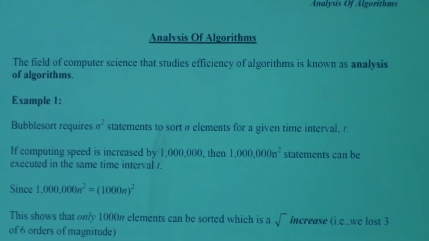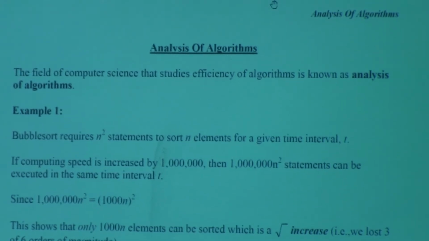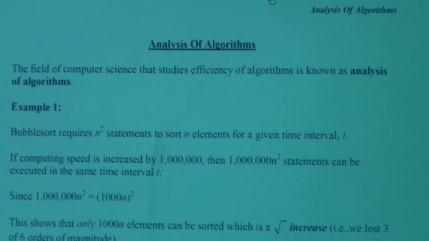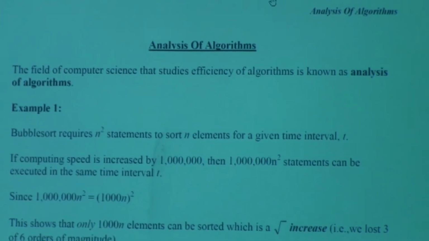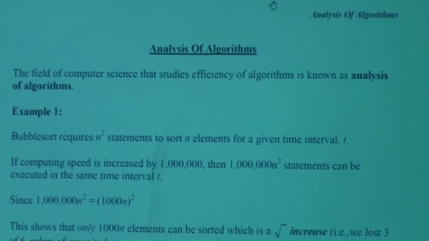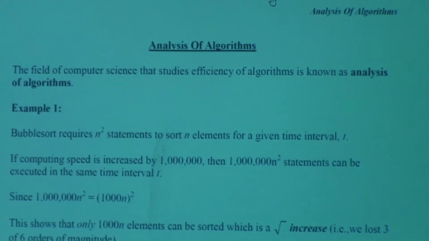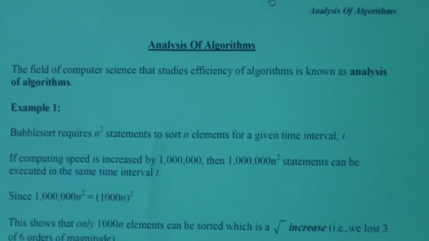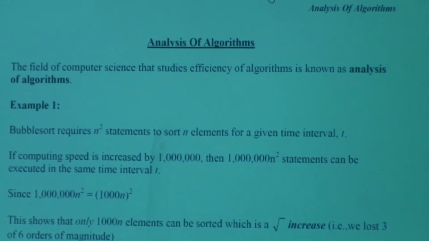If you have 1 million n squared instructions, you have a problem of size 1,000 n. So because the complexity of the algorithm is higher than a linear relationship between the number of instructions and the problem size. Okay, so